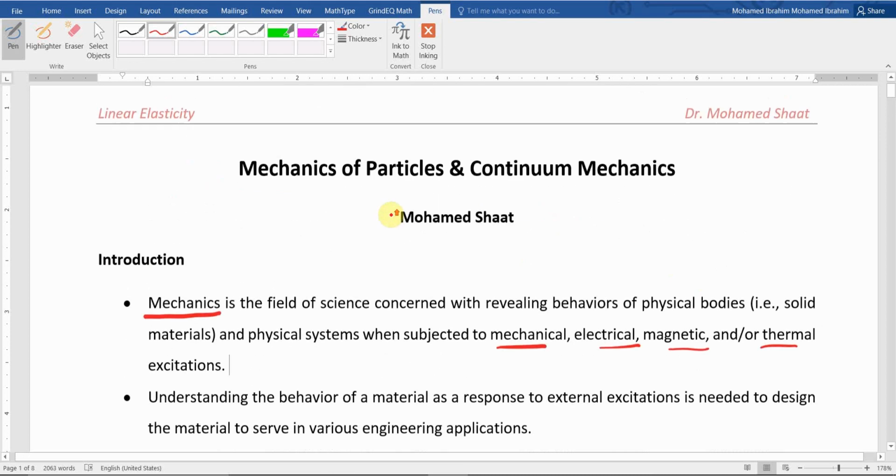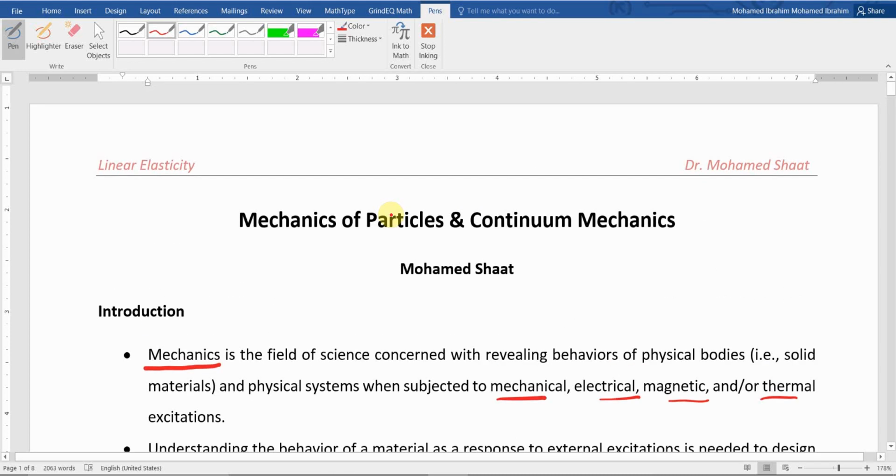And again, here we are going to discuss the theory behind continuum mechanics, and also the theory behind the mechanics of particles. But our main concern is continuum mechanics, since we are talking about linear elasticity. But it's going to be much easier for us to understand continuum mechanics if we first discuss the mechanics of particles. And this is what we're going to do through this chapter: start with a discussion of the mechanics of particles. We're just going to refresh your mind with something that you had an idea about before, but we're going to go deeply through these